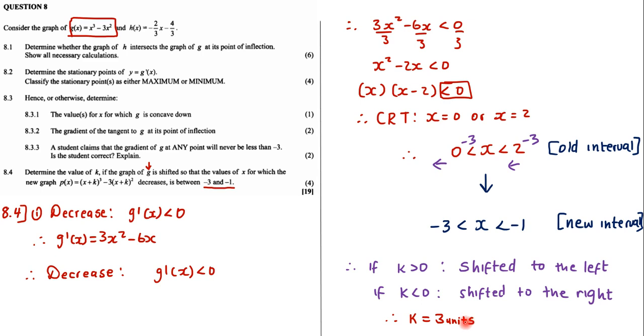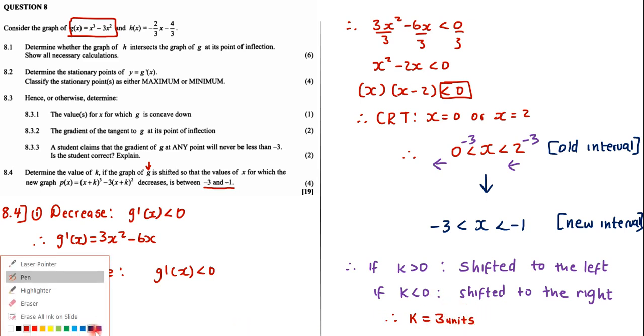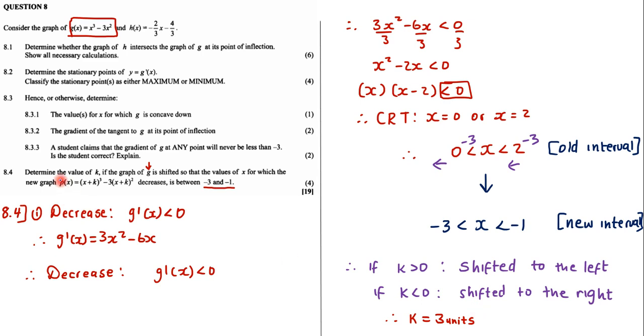Because it is 3 units, when we go back into the equation of p of x, it would be something like (x plus 3) cubed minus 3 times (x plus 3). This 3 tells us that this graph is shifted 3 units to the left, which will basically give us that answer. And that's it for